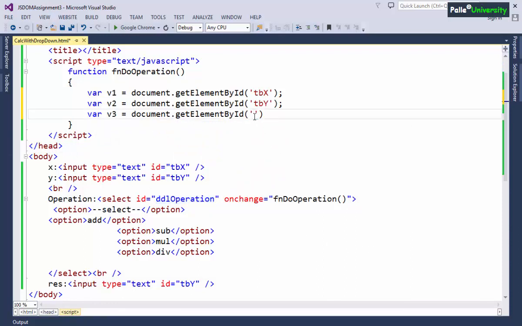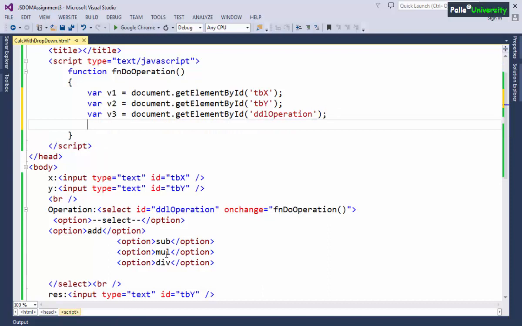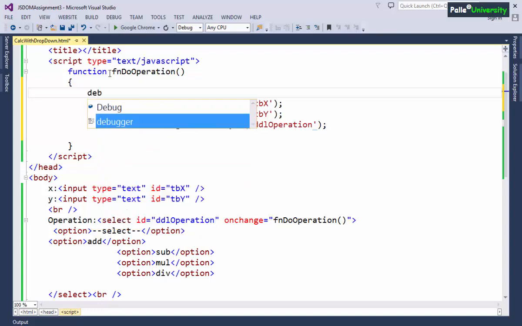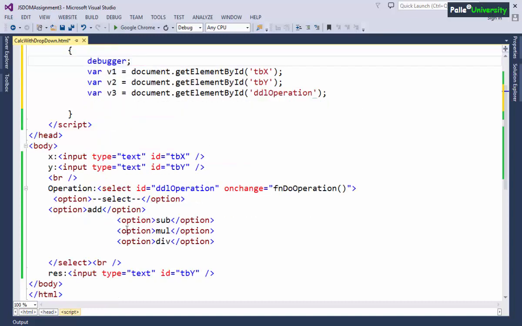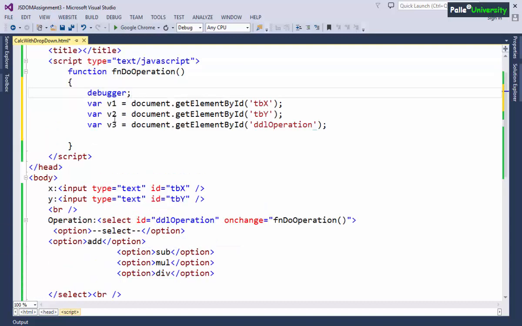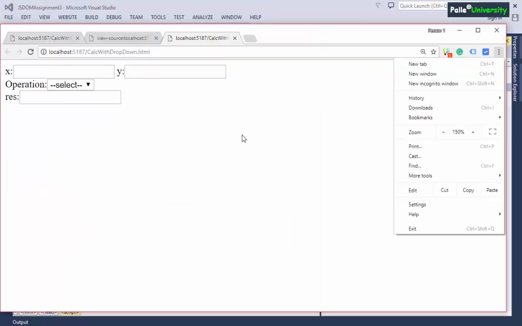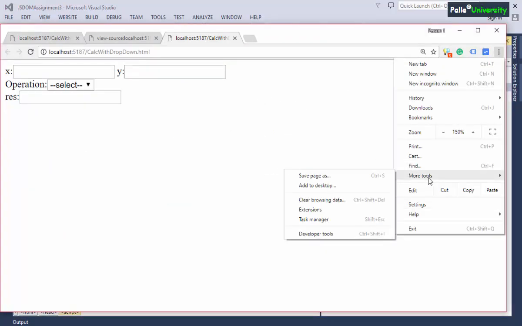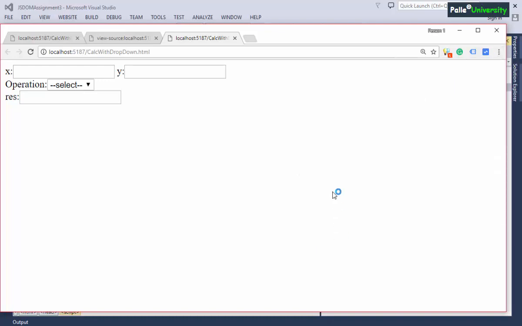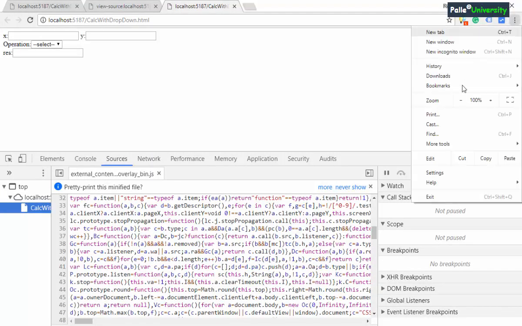ddlOperation. So now I need to identify which property has to be used for identifying the selected item present in the drop down list. To do that I have to use a debugging technique. First I will try to identify the property required for identifying the selected item in the drop down list. So let me go for the debugging approach. Let me send this page code to the browser. Once our page output is sent to the browser, I will go to debug mode by clicking on more tools, developer tools. Now let me maximize this window a little bit.